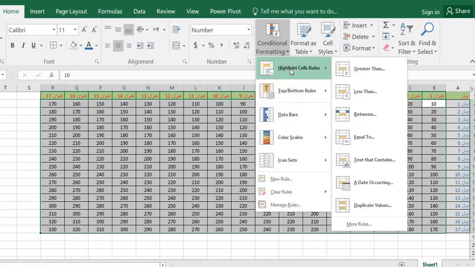These are the other options for changing the color based on a specific condition, such as less than, between, equal to, or text contains. This option is selected to change the color based on text content.